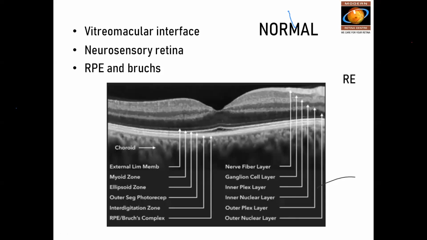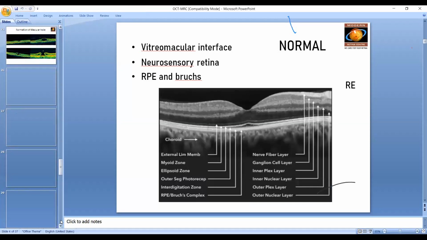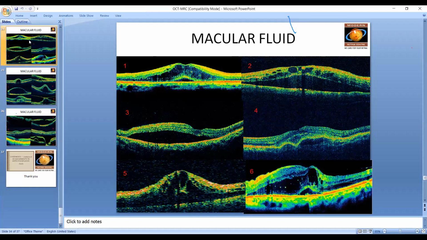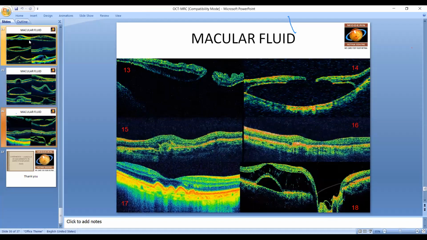A lot of referrals will come to you for people using HCQ for rheumatoid arthritis, to find out HCQ toxicity. So periodically you have to check color vision first. Early color vision can get affected, then central visual field, then on OCT, the outer layers of the retina, as Raja has told, will get affected. If there are any changes, then you have to refer to the rheumatologist regarding the toxicity of HCQ.